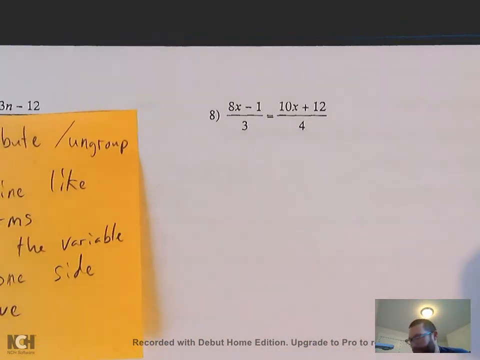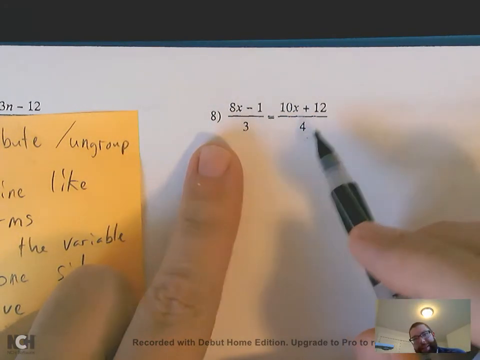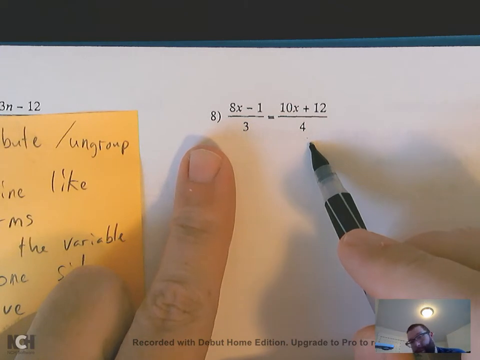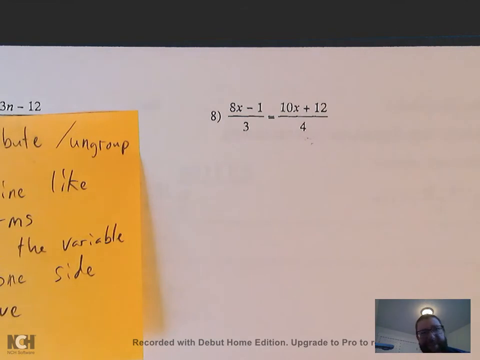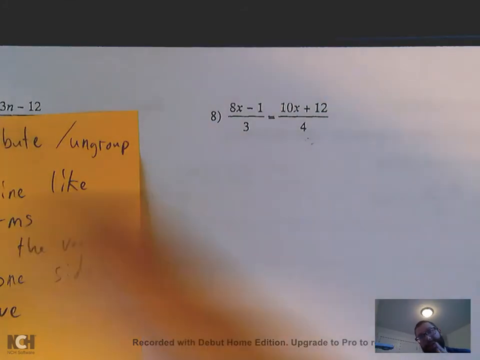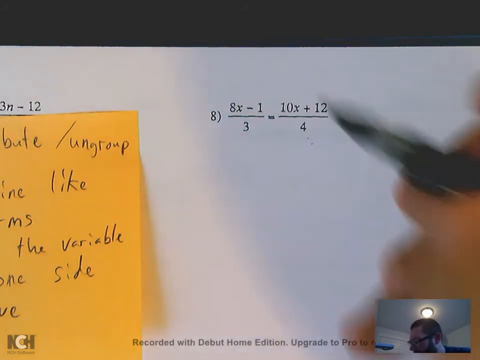So these problems, when you look at them, they've got denominators on both sides. Well, this looks tricky, right? And it does look tricky, but reality is it's not that tricky. So let me show you how it works. This is going to be kind of going back to some of the math you did in elementary school, when you were dividing fractions and would cross multiply. It's similar to that. I know it's not the same thing, but